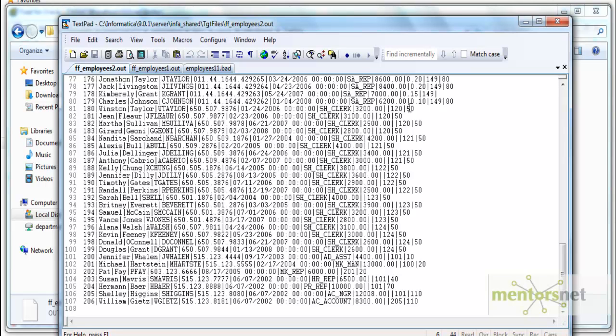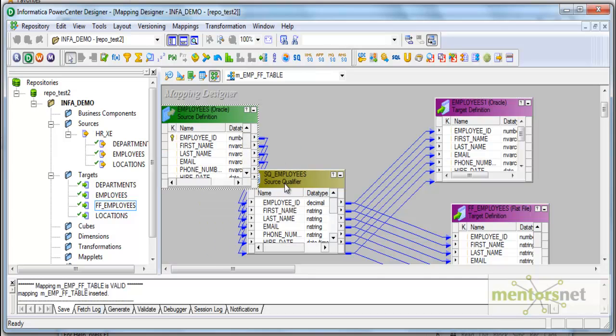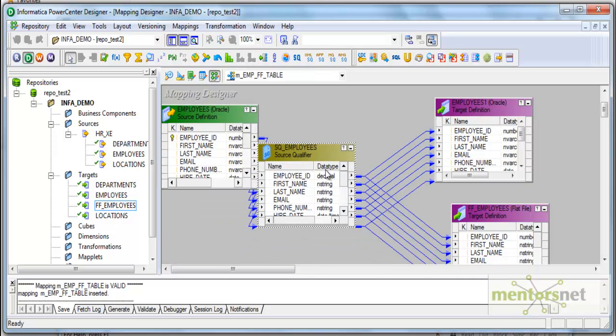It could be two or multiple targets, and all of them could be tables, all of them could be flat files, or some tables and some flat files, any combination of that. Even though we have two targets here, it is only one pipeline. One source qualifier transformation means one pipeline. The source will be read only once and loaded into two targets. So this is called one pipeline.